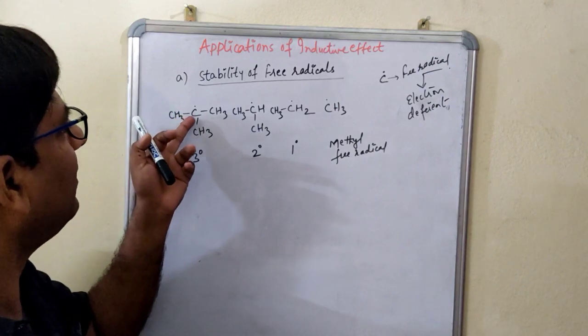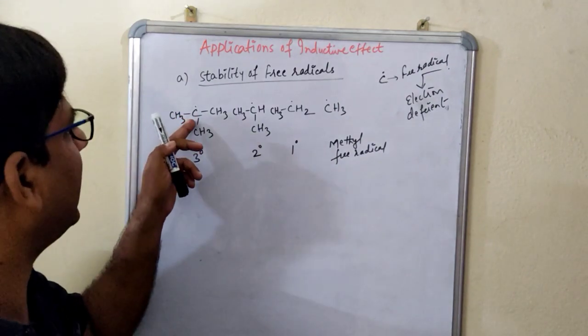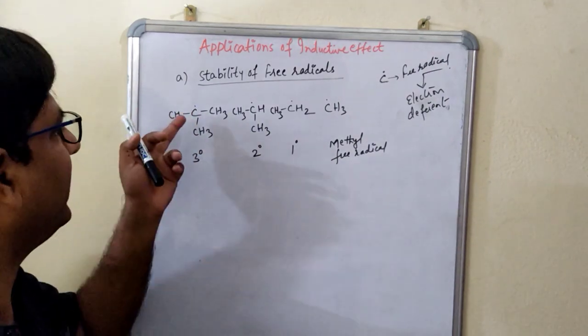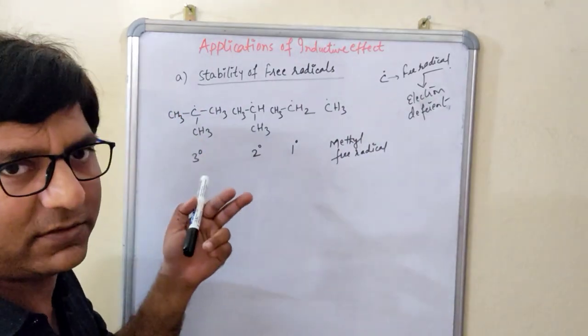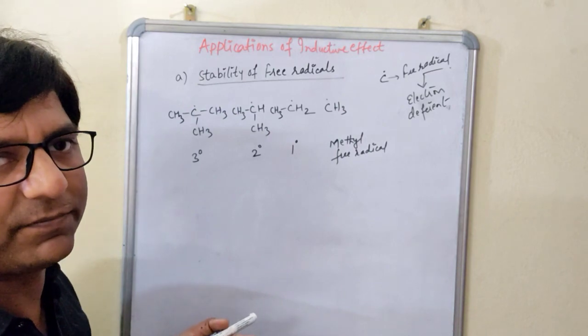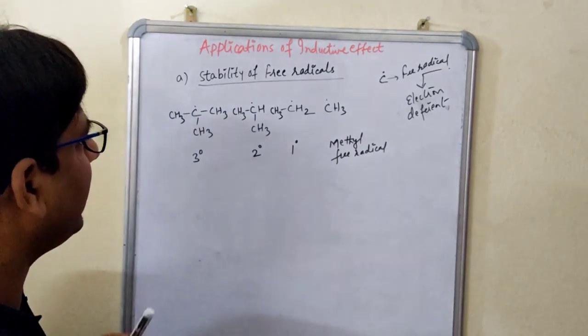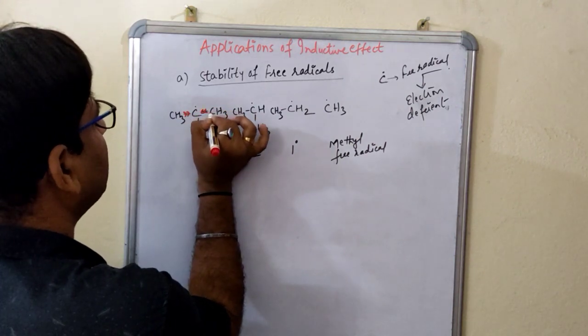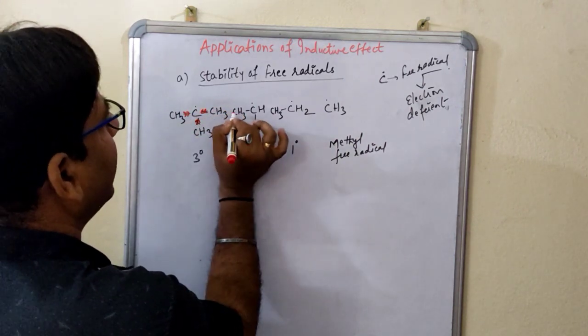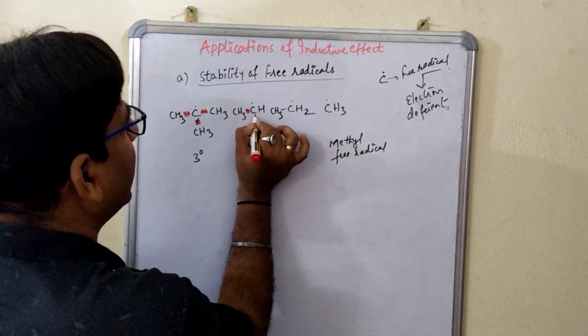To give the electrons to this carbon having the free radical, because this free radical is also electron deficient. It needs the electrons to get itself stabilized. Okay, in the same manner, the same explanation, it will get the electrons from all the 3 sides. Okay, it will get from what? It will get from the 2 sides.